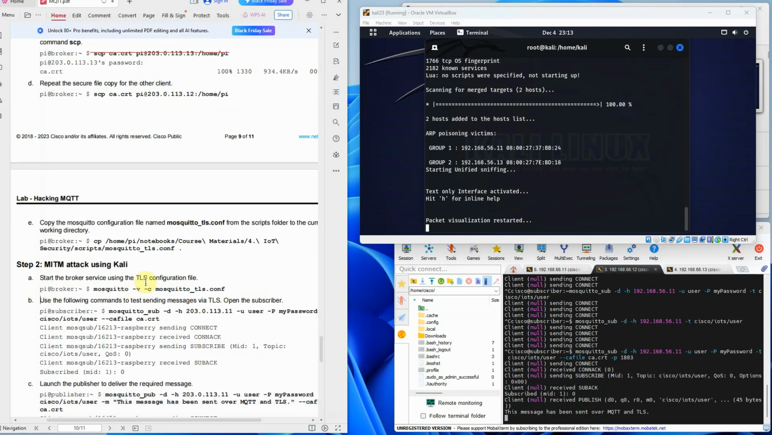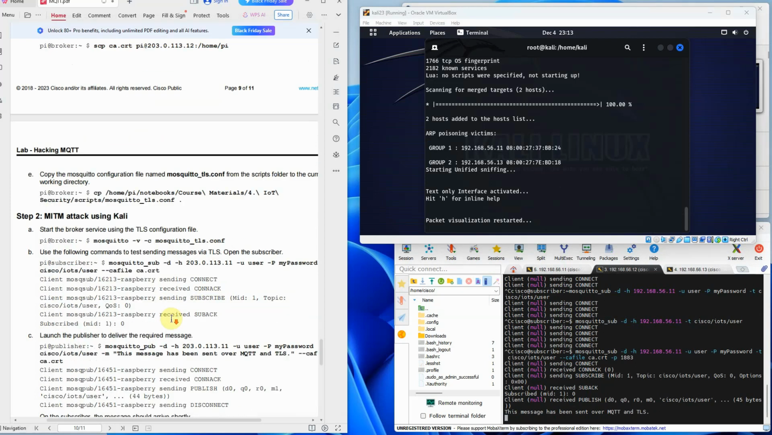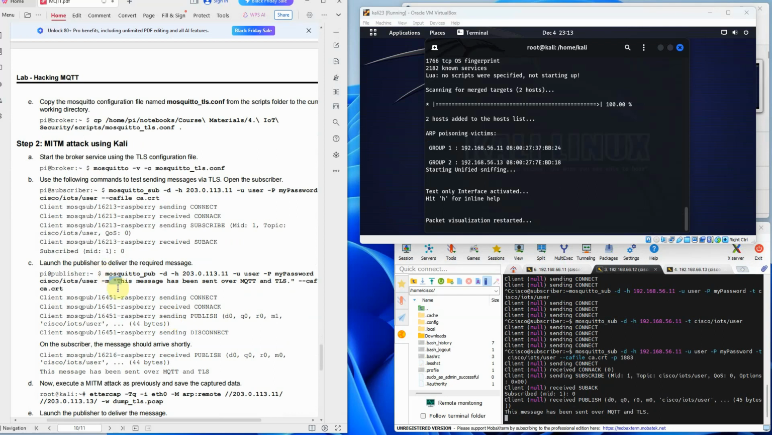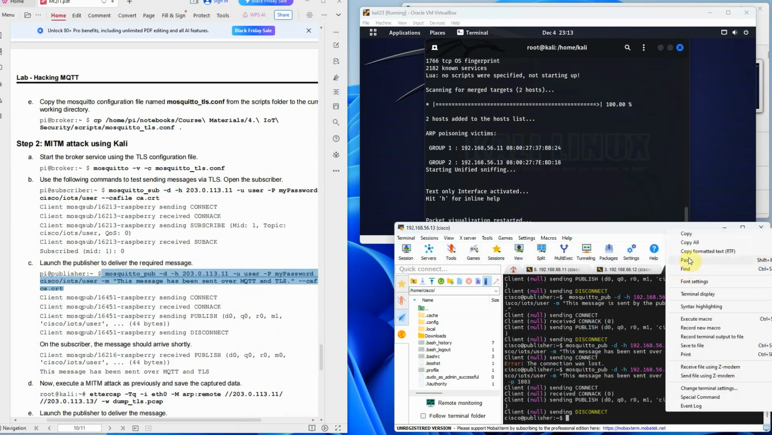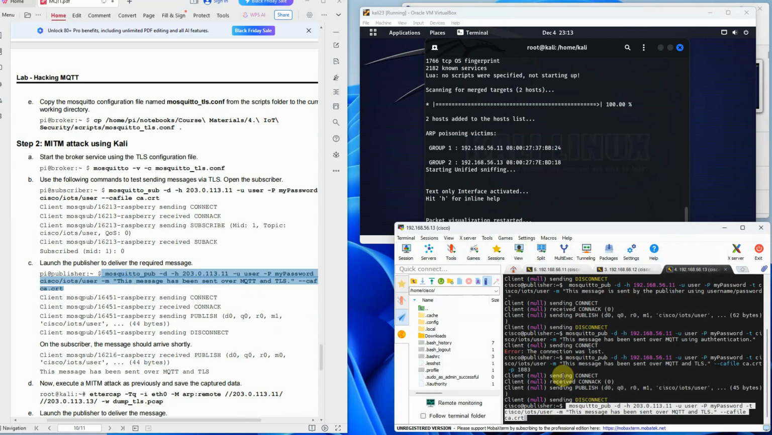Now we go back to the lab sheet, right? It says, let's try to send one more message again. Then we want to use the cert again, publisher. Go to publisher, right click, paste. Okay, but make sure that everything is correct, because we want to capture this to Kali and see whether we actually can capture and hack it. But first of all, we need to make sure that everything is correct. So IP address